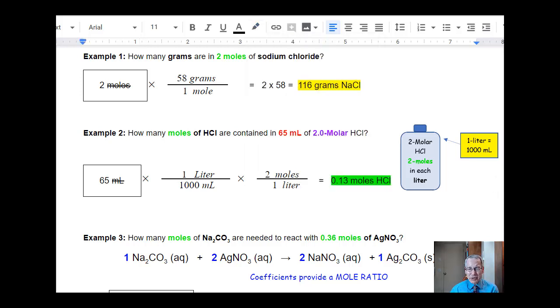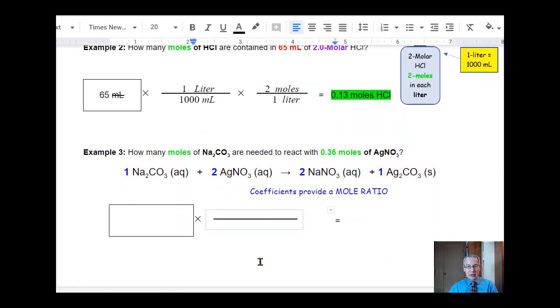So there's example 2. Take a look at the dimensional analysis. See if it makes sense to you. And now I'll do example 3. The problem has a balanced equation. You can see I put the coefficients in blue here. Big 1, big 2. And normally the ones aren't written, but this will make it easier for you to see